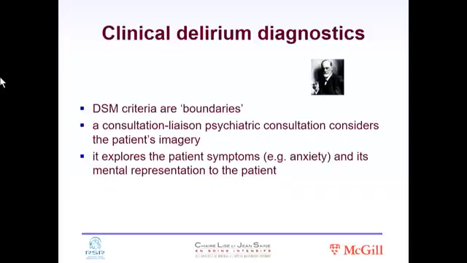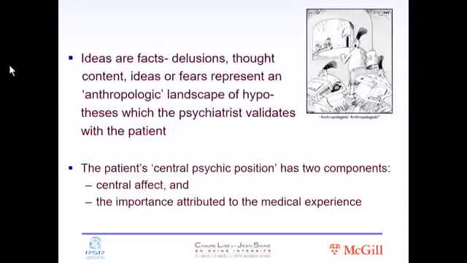And in fact, when you look at how consultation liaison psychiatrists approach the diagnosis of delirium, they use these DSM criteria as boundaries, but they also explore the patient's lived experience and ask them what their imagery is like, what their anxiety is about, what the mental representation of their disease is, and go on to consider ideas and delusions as facts and paint an anthropological landscape, and then look at the patient's affect and decide whether this affect